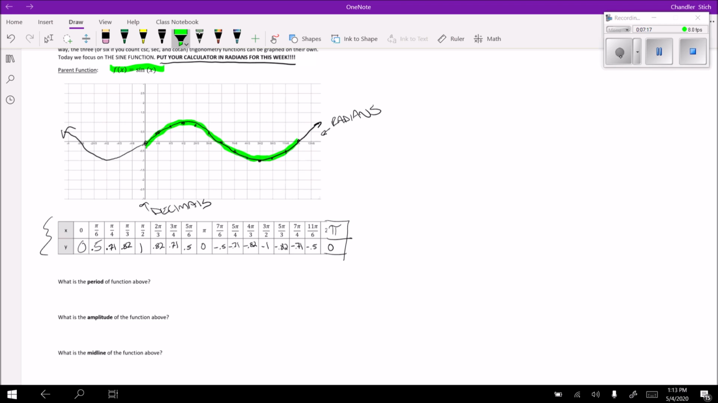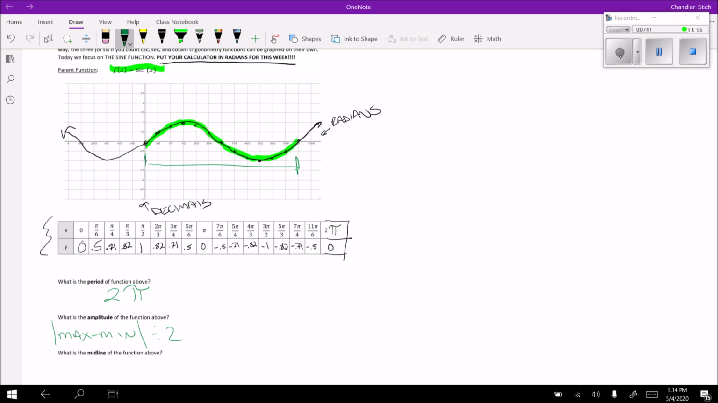Okay, so what's the period of this function? 2 pi. It's from 0 to 2 pi. That would be the period. What is the amplitude? So remember how we find the amplitude? We go absolute value of max minus min, and then we divide that by 2. So if I do that,